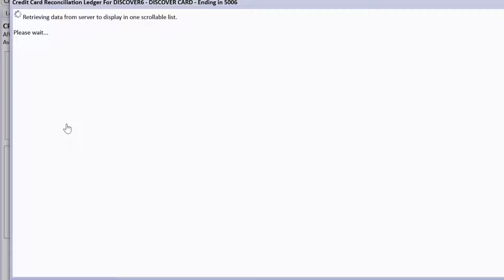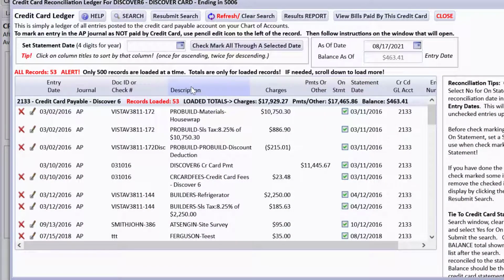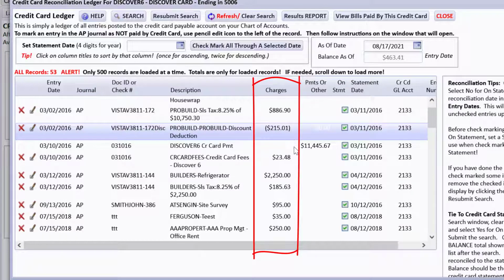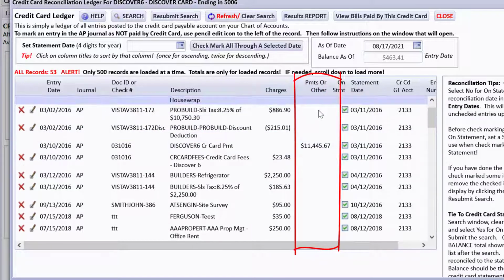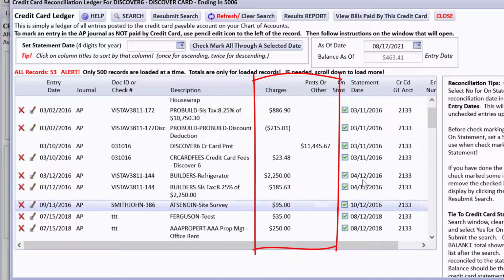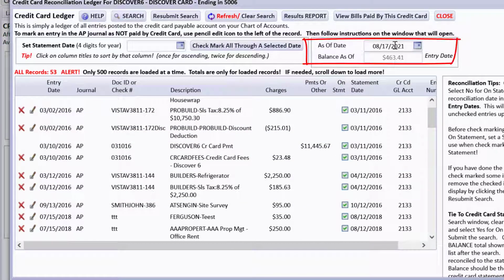If I continue, I'm going to see a breakdown of that ledger, and if you see the charges, they come in here as positive amounts so that they can add up correctly, and if you make payments, they show up over here as positive amounts. So it's taking the two of them together and totaling up everything and coming up with the balance as of today.